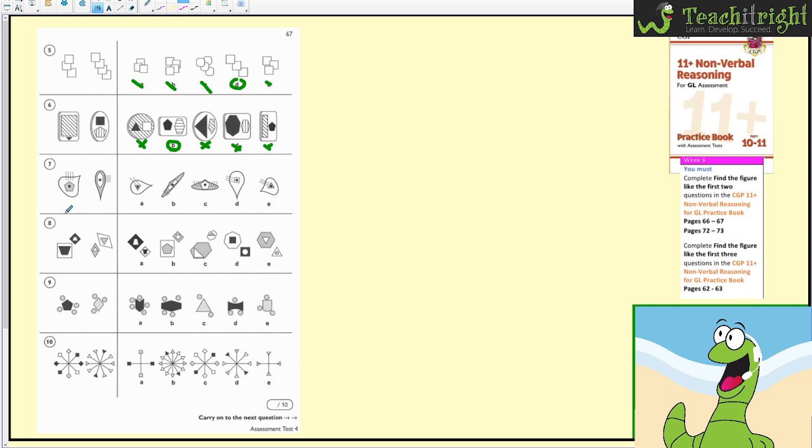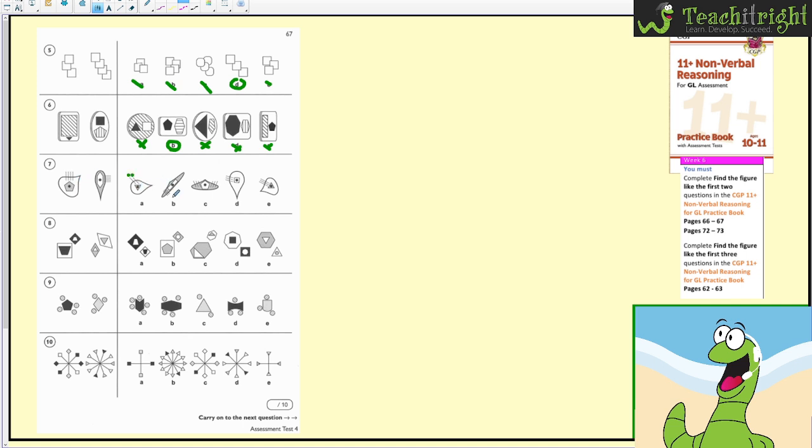Number 7, they've all got grey and white, and a black dot in the middle. They also have the black dot in the middle. So we've got 1, 2, 3, 4 lines in a 5-sided shape, and 5 lines in a 6-sided shape. So does the shape need to have one more side than the number of lines? In which case we want 2 lines and a triangle, so A